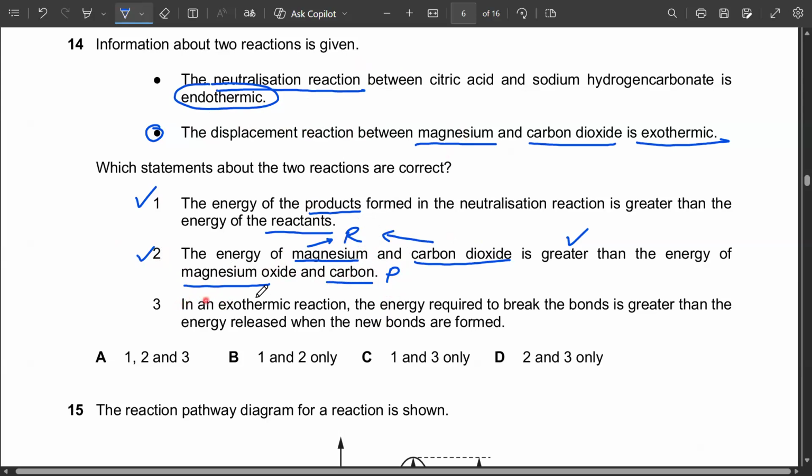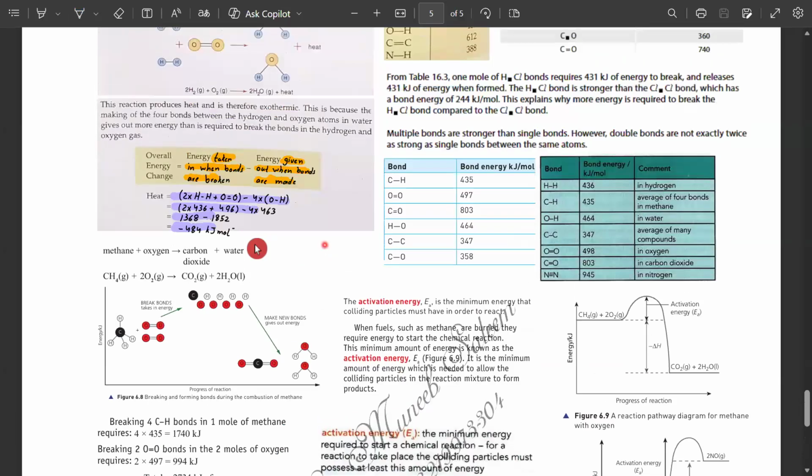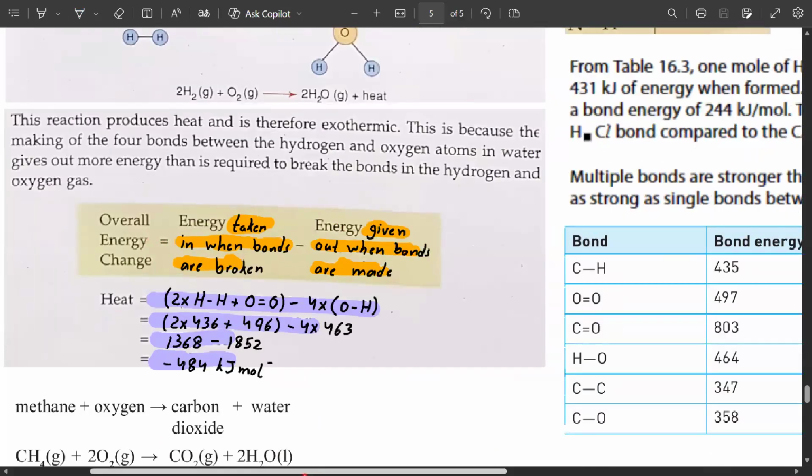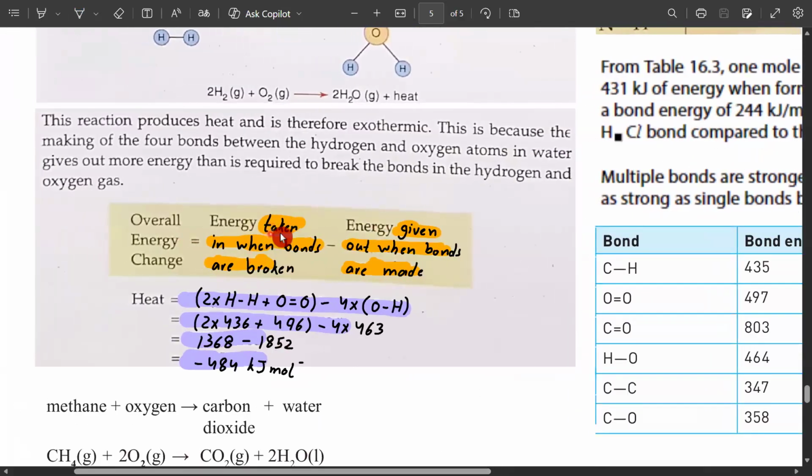The third statement says, in an exothermic reaction, the energy required to break the bonds is greater than the energy released when the new bonds are formed. So for this case, we need to look at the equation that is used to calculate the enthalpy of the reaction. And I mentioned before, this is how we basically calculate the overall energy for such a type of reaction. In simple words, it is the energy taken in when bonds are broken minus energy given out when bonds are made. I used to make it simpler,